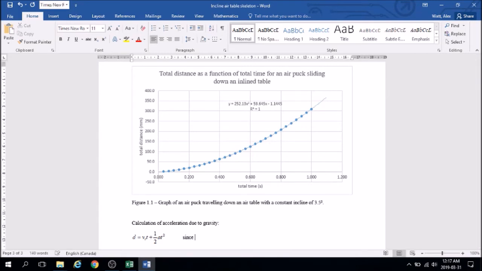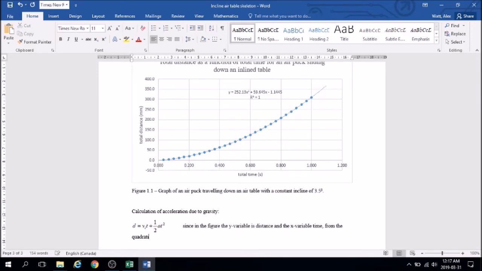We can say, since in the figure the y variable is distance and the x variable is time, from the quadratic regression done by Excel, it can be seen that